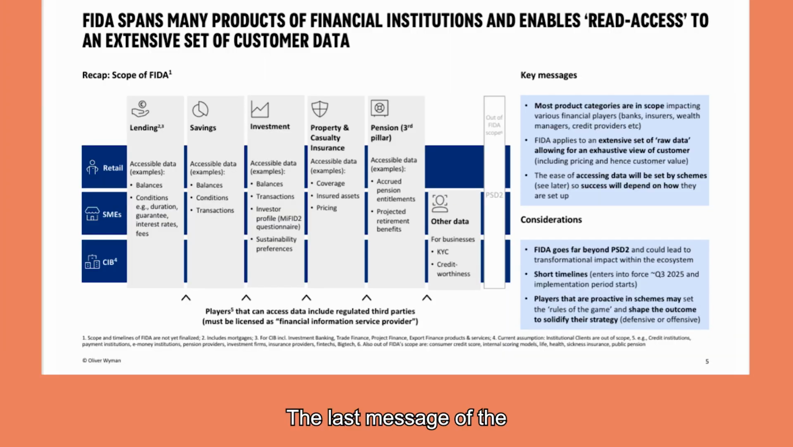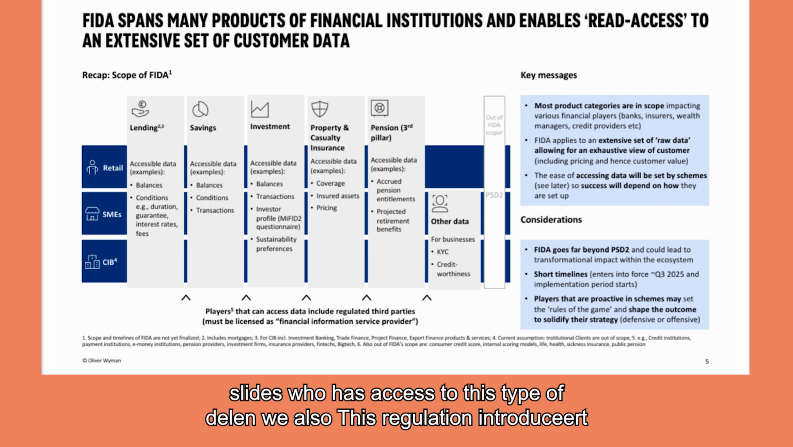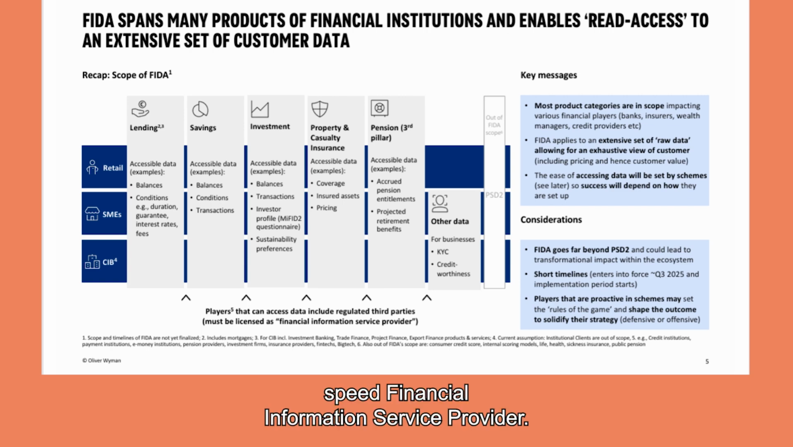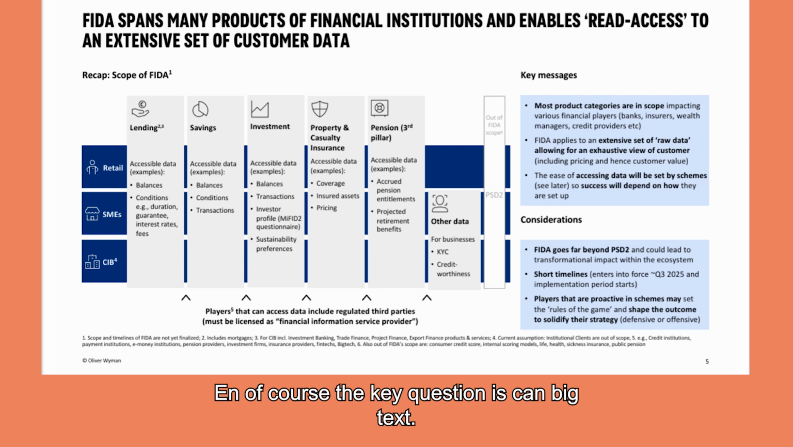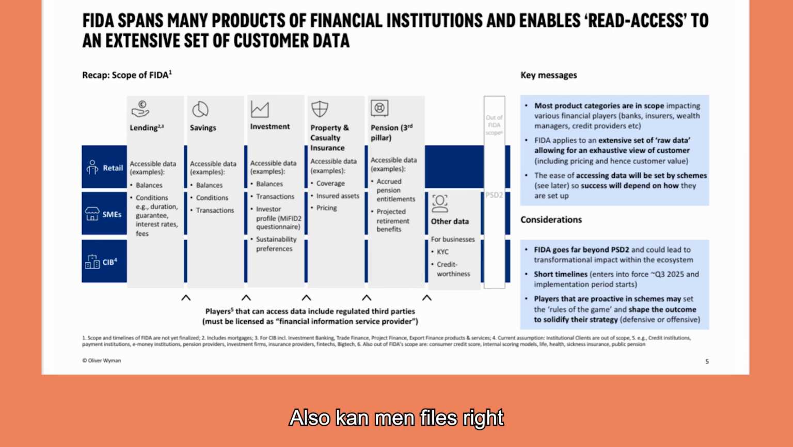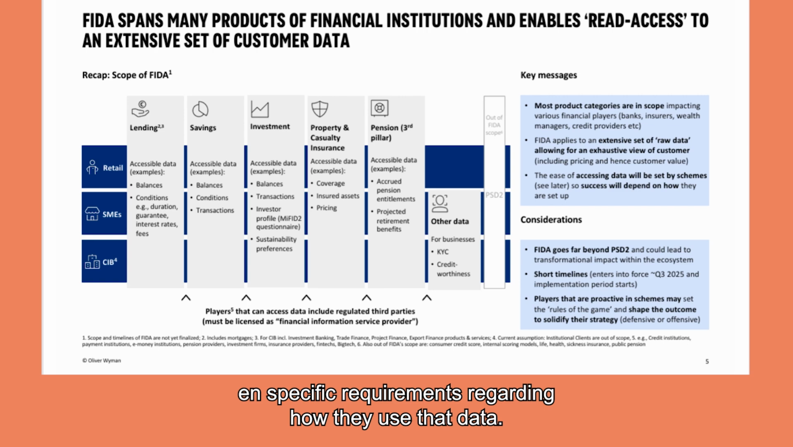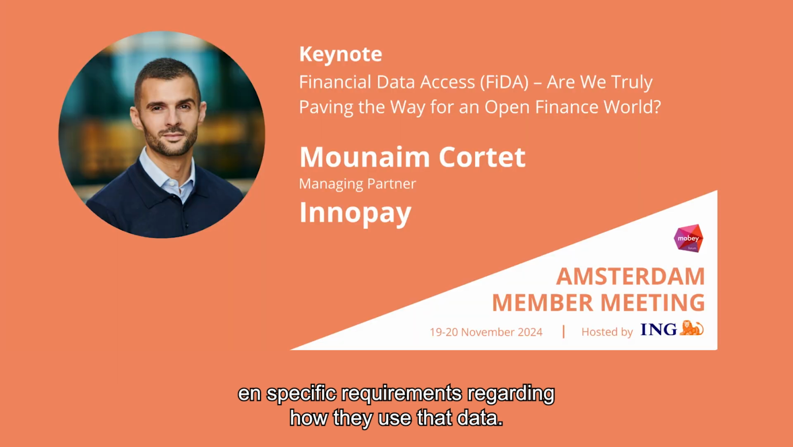Right. The last message of this slide is who has access to this type of data. Well, also this regulation introduces a new role, a new service provider, in the form of an FISP, Financial Information Service Provider. And of course, the key question there is, can big techs also become an FISP, right? As of yet, they are not excluded, so they are in scope or they are eligible to become an FISP, but most likely they will need to adhere to some additional and specific requirements regarding how they use that data, for example,